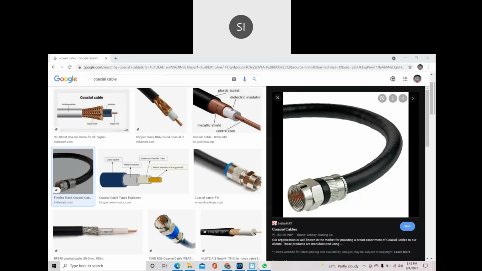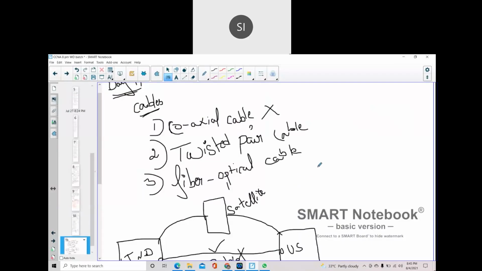Next, what we are using is twisted pair cable. There are two types of twisted pair. One is shielded twisted pair. Next one is unshielded twisted pair.